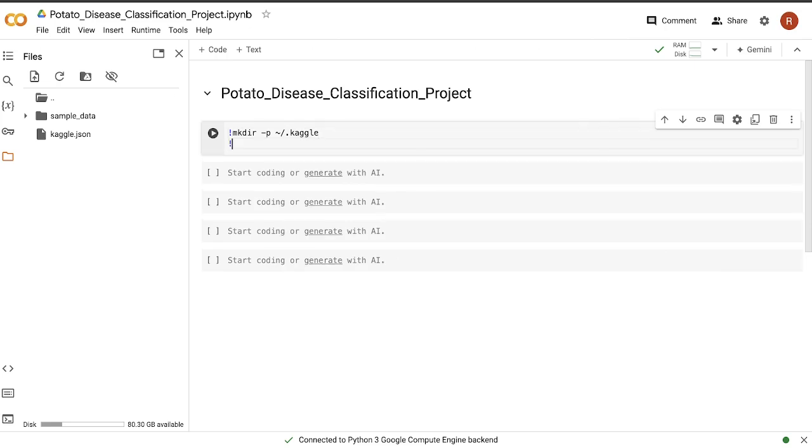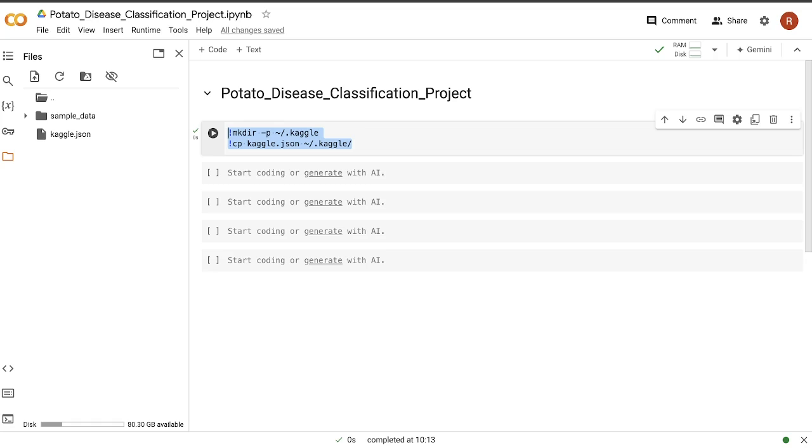Then you will say cp kaggle.json, that's the name of your file, and then again .kaggle. Fine, run that. This code will only work when you have that kaggle.json file in your Google Colab environment. If you don't have that, then it will basically give an error. So before writing this code, you should have that file kaggle.json in your Google Colab environment.